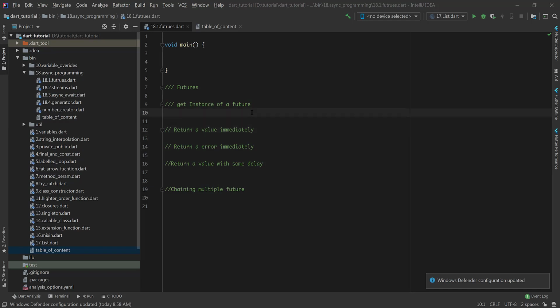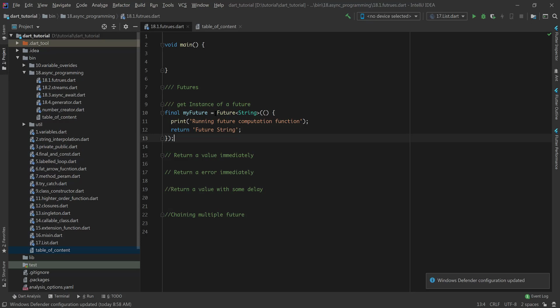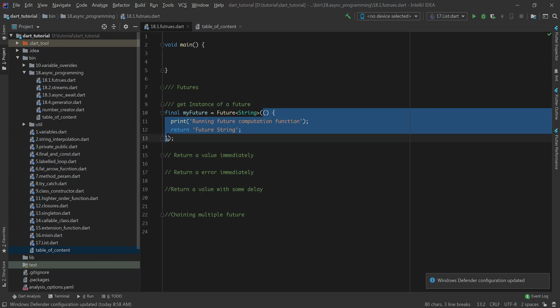Now let's see how to get an instance of a future. Normally, a future instance is to be retrieved from library functions like HTTP, file input output or database. But we can also use our future constructor to get an instance of a future. Like here, we have used our future constructor, which is creating a contract with our event loop that after our program executes all the other statements, then this function is to be executed.